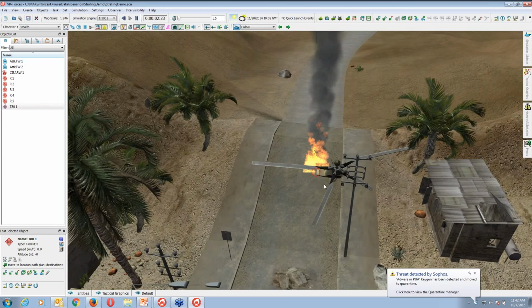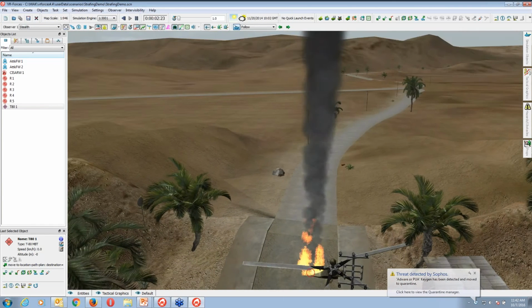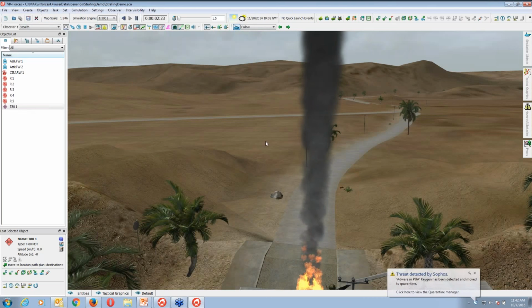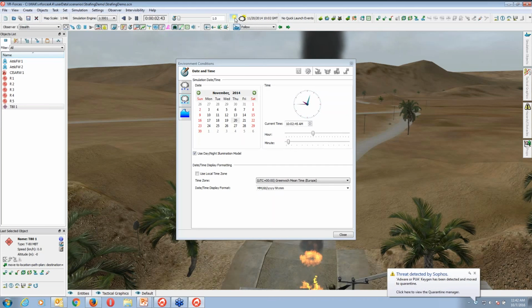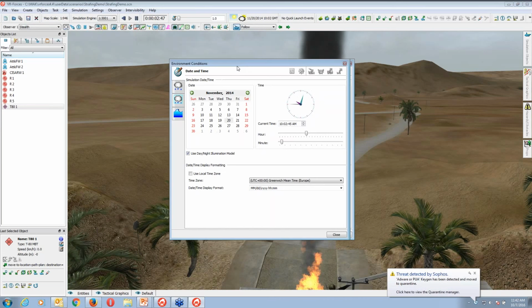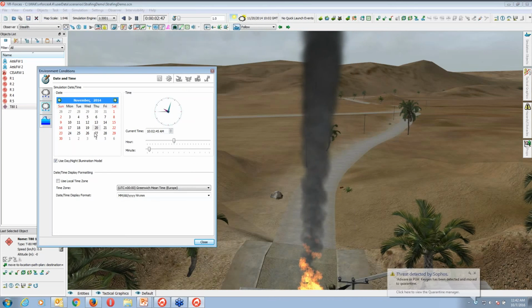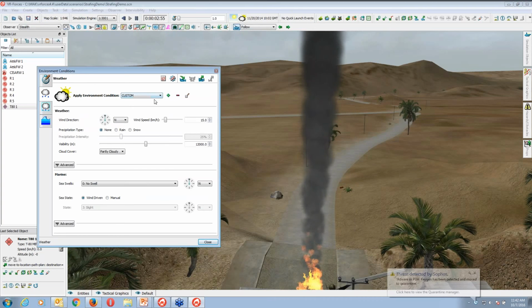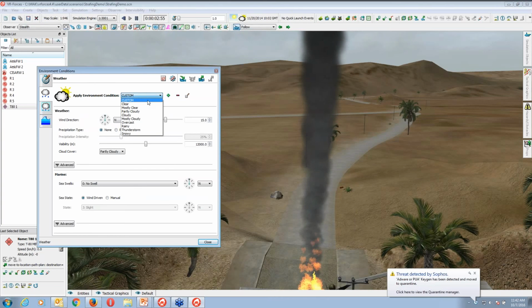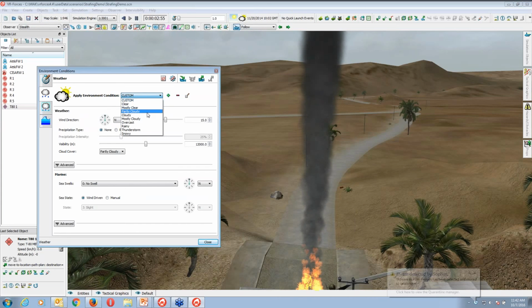And if you want to change the weather, because your combat power depends on the weather also. So if I go to this weather option and select this, see here you can change the date, time of day currently. You can change the weather from here. We have a lot of options for weather conditions. Clear, mostly clear, partly cloudy, mostly cloudy.